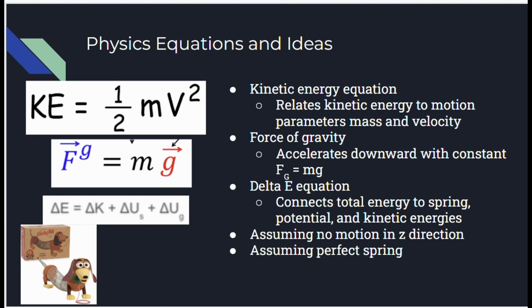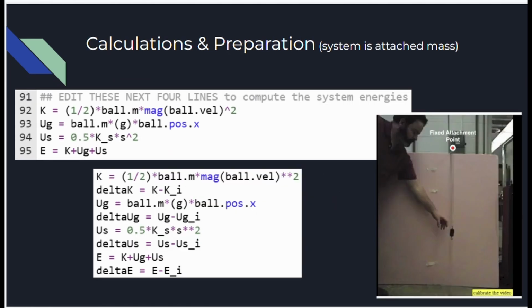We have the delta E equation, which connects the total energy to spring, potential, and kinetic energies. And for some assumptions, we're assuming that there's no motion in the z direction, and that the spring is perfect, so there's no internal friction loss. Calculations and preparation. Most of the calculations I did were to find the kinetic energy, potential energy, spring potential